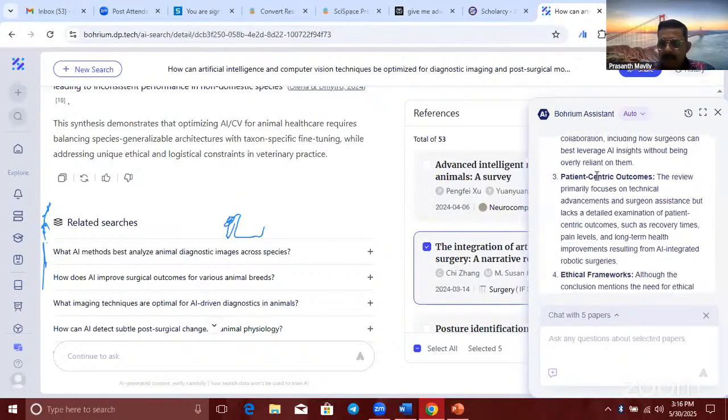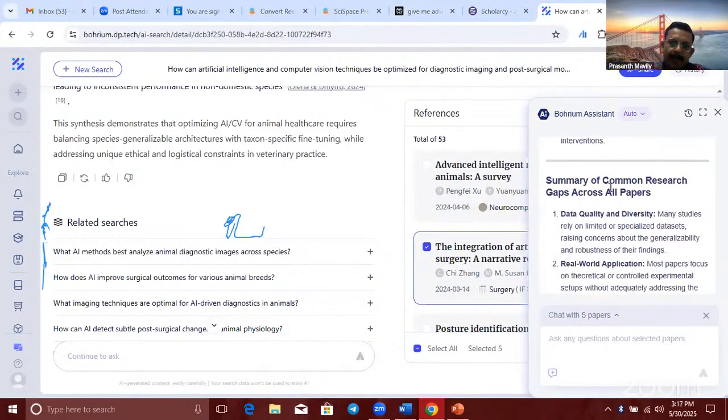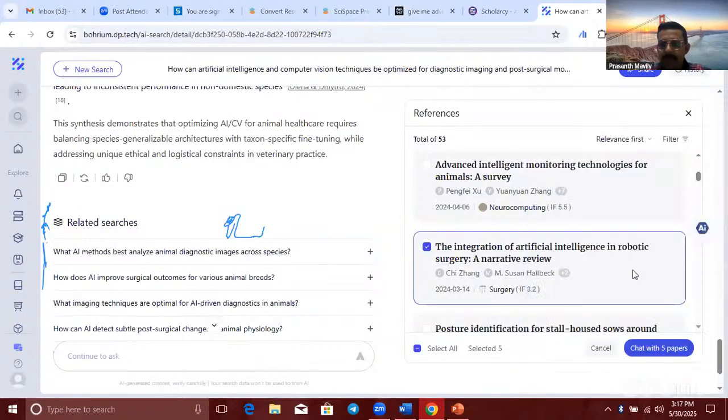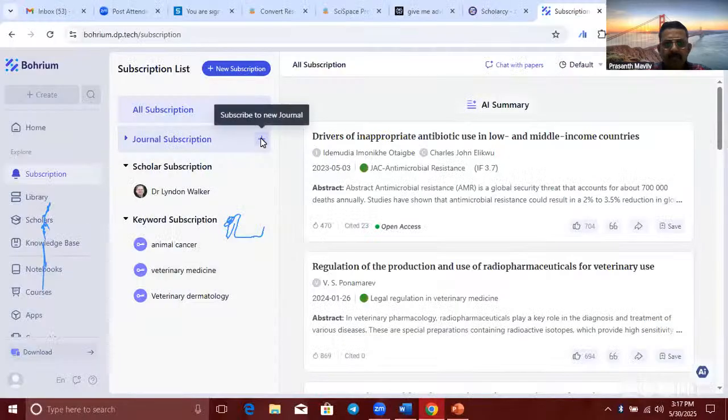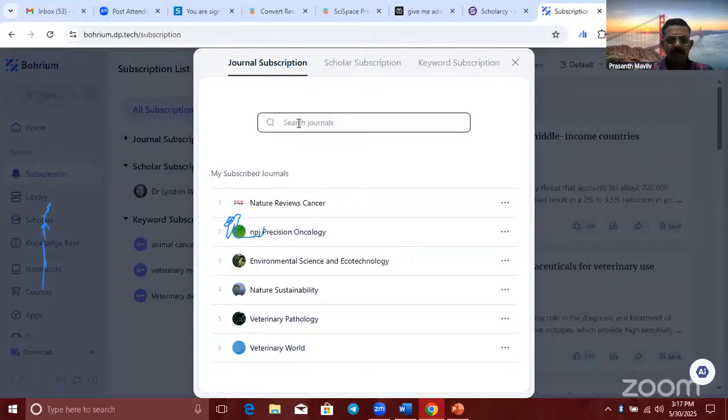Okay, that's an important feature: we can chat with multiple research papers at a glance. And you can see the key insights of the journals. You can type "veterinary medicine.